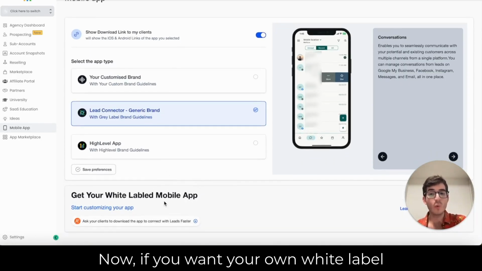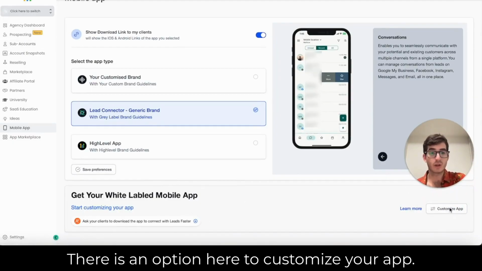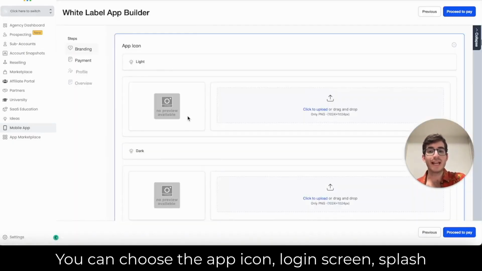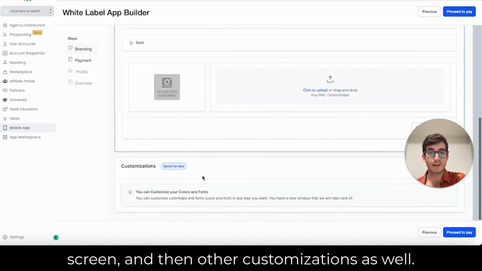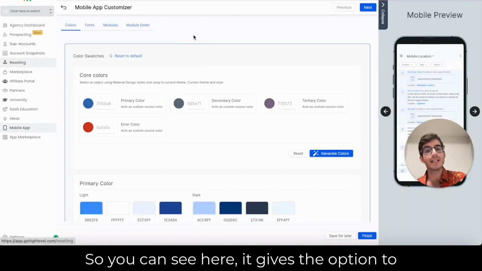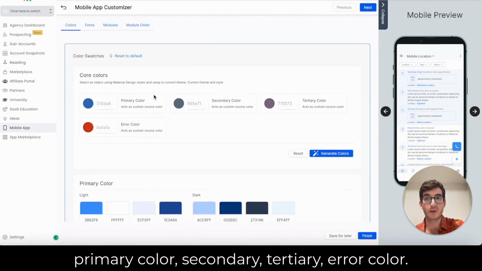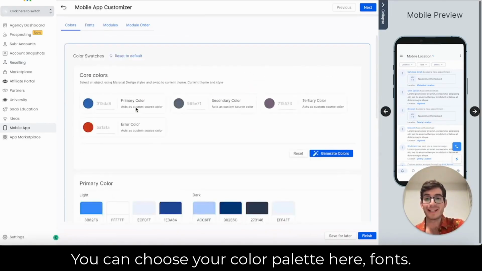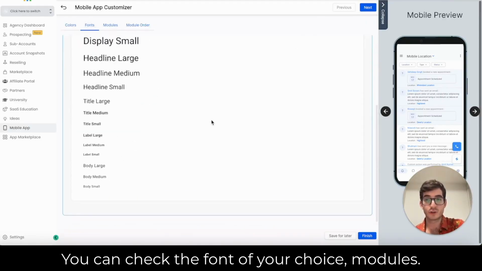Now, if you want your own white label mobile app, you would get that here. There is an option here to customize your app. You can choose the app icon, login screen, splash screen, and other customizations as well. So you can see here, it gives the option to edit the complete branding, the core colors: primary color, secondary, tertiary, error color. You can choose your color palette here, and fonts. You can check the font of your choice,